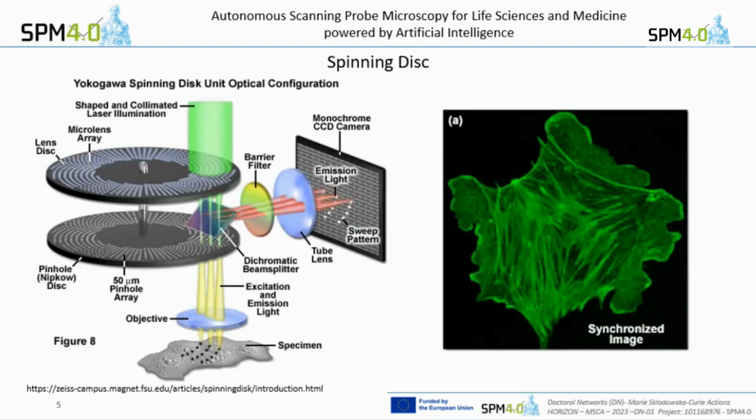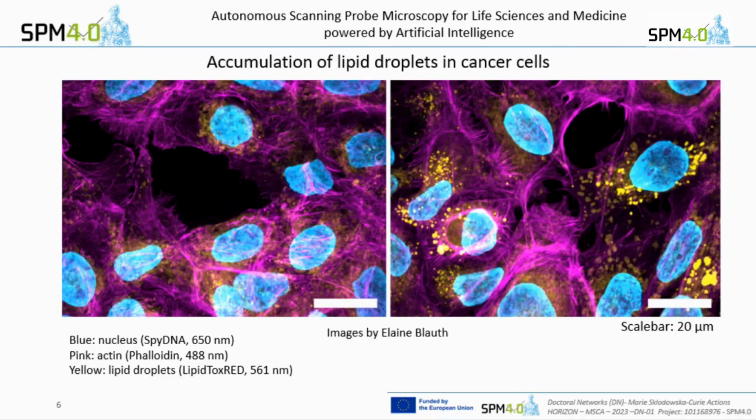Yes, but with that you can do some beautiful images. Here I borrowed one from my colleague Elian Blaut in Leipzig, and she studied how cancer cells accumulate lipid droplets if you co-culture them with fat samples from patients. And here you can see the control, and this is after co-cultivation. You can see these yellow dots here. This is the lipid. In blue, we have the cell nuclei, and in pink, we have the actin cytoskeleton,